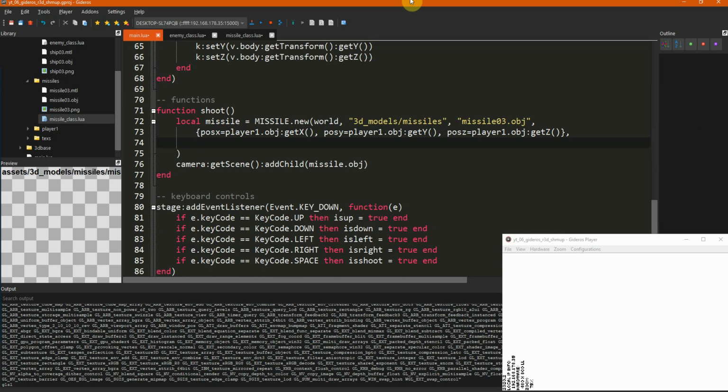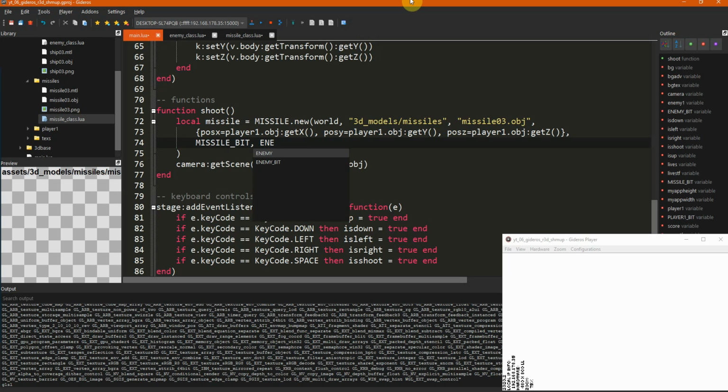Here I can set missile bit, and the missile can collide with the enemy bit. So I'm only passing enemy bit, and that's it for the shoot.